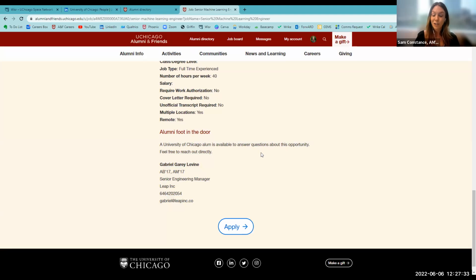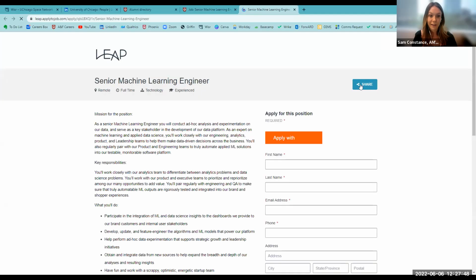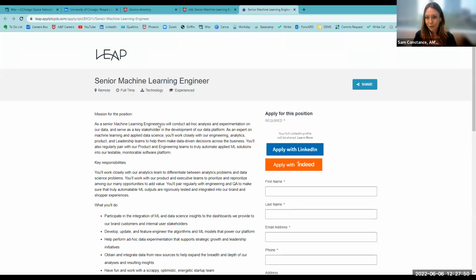So I, as a job applicant, will immediately reach out to Gabriel and say, this position looks so great. I'm really excited to apply. Do you have any advice for me? How can I set myself apart in the application process? And then once you go ahead and click through and apply to LEAP, you'll have already learned from Gabriel. Hopefully they will be able to see your application when it comes in and stick your resume at the top of the pile for HR. So that's the real value of having an alumni connected job board. And it only works as much as alums post on it. So please post positions at your organizations, pay it forward. This is a great way for us as a community to help each other in our job search.